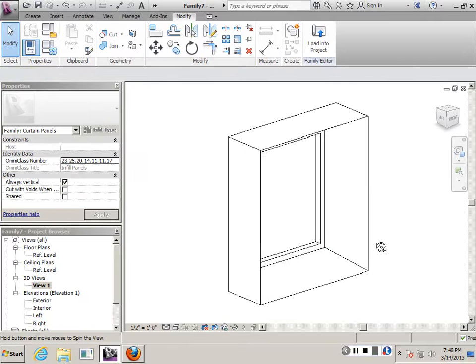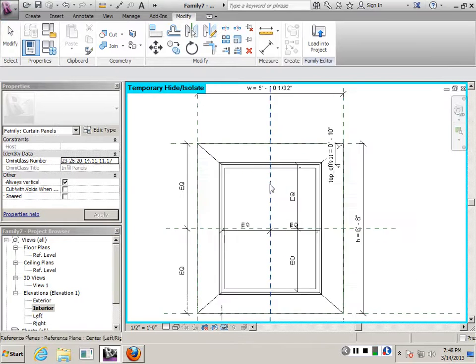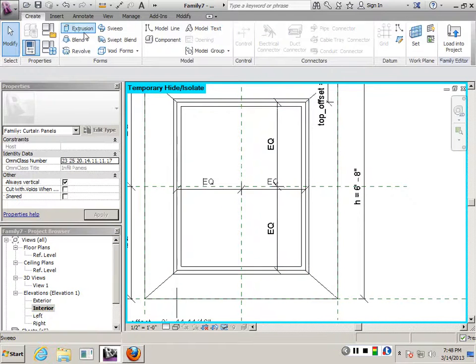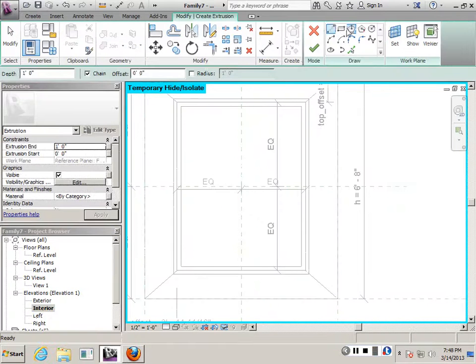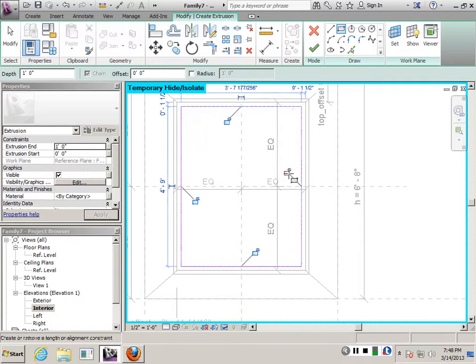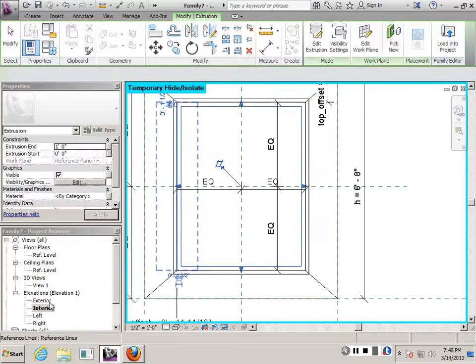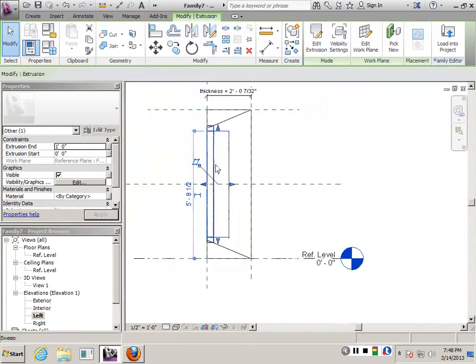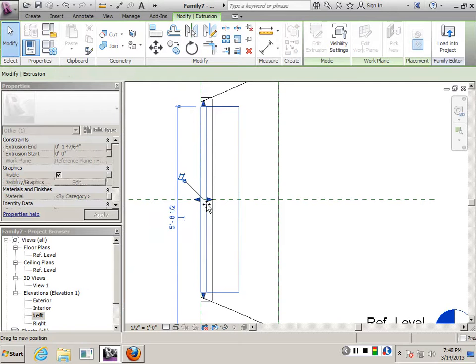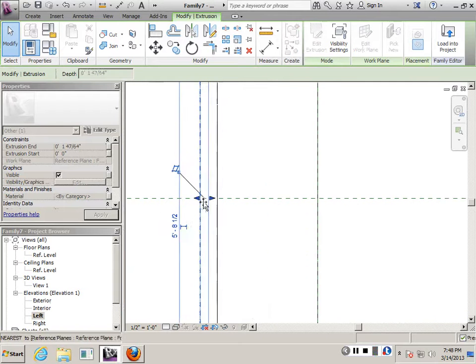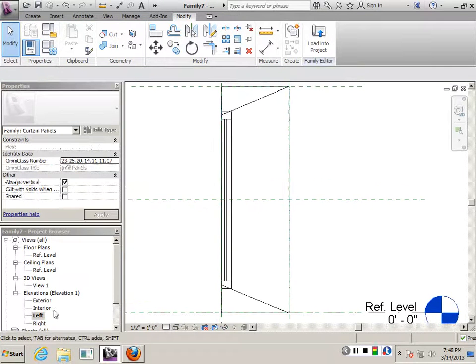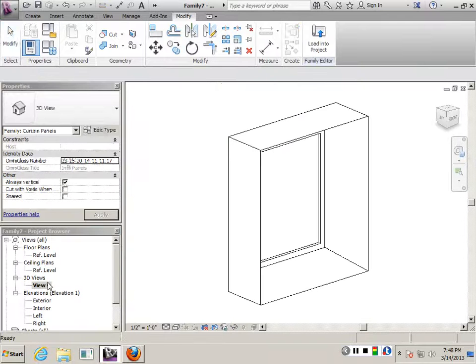Okay. And finally we want to place a glass in the middle. So it's going to be a simple glass piece. So I go to create extrusion, and I'm going to model this plane here and then lock it again. And go to left view and shrink it in size. Okay. Now when I look into 3D view,